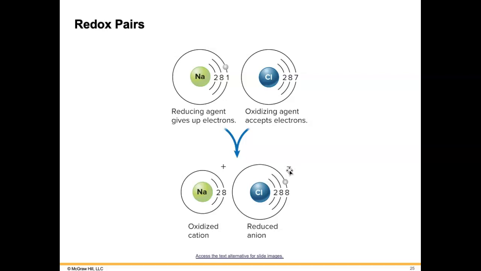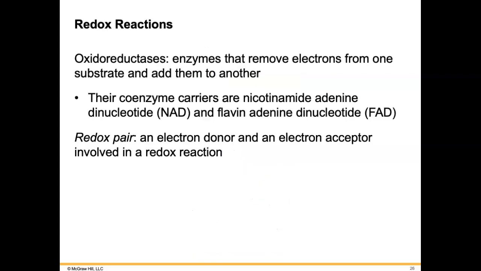So as we lose an electron, we become positive, and when something gains an electron, it becomes negative or more negative, depending on if it was already negative, but we're not going to get into that. But we're usually talking about this initially as they're neutral. You lose an electron, the sodium becomes a positive ion now, and the chlorine becomes chloride ion. Because remember, an ion is an element that has gained or lost an electron.